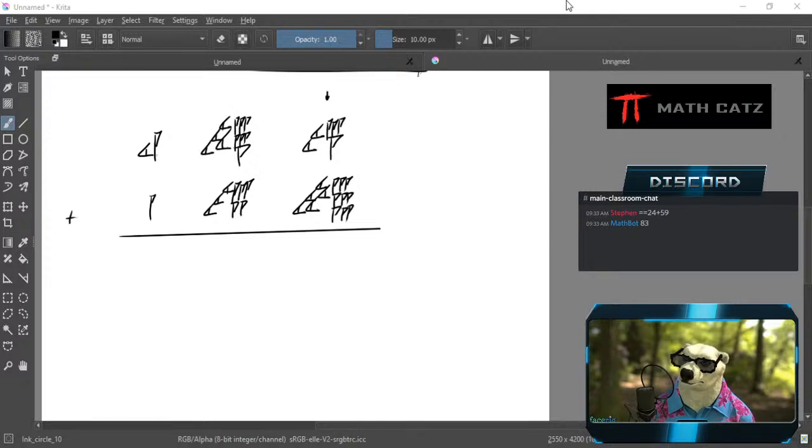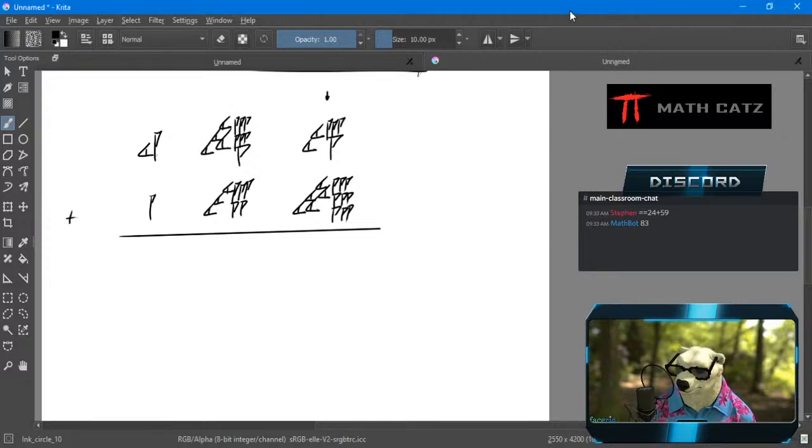It is 83. So now you just have to split 83 into groups of 60. So that'll be one group of 60 and 23 left over. Then we move on to the next column, which is now 1 plus 47. It's 48. 48 plus